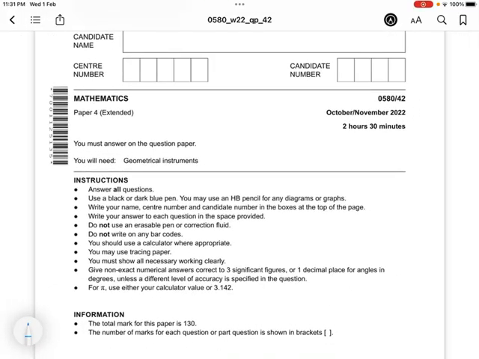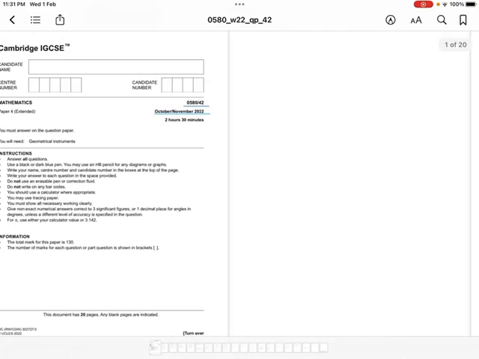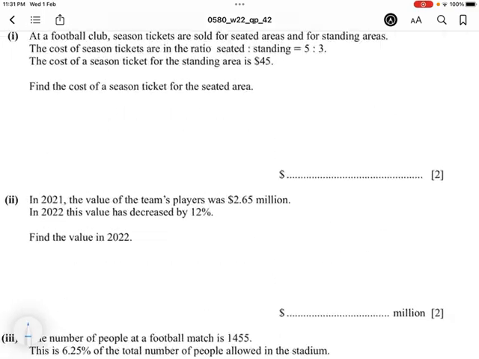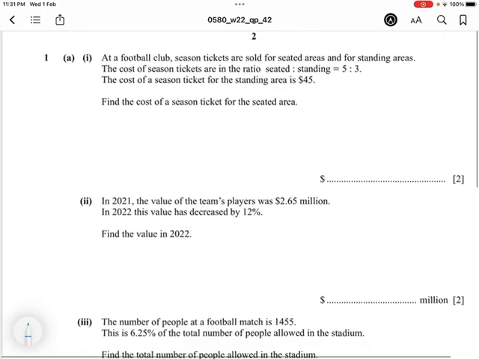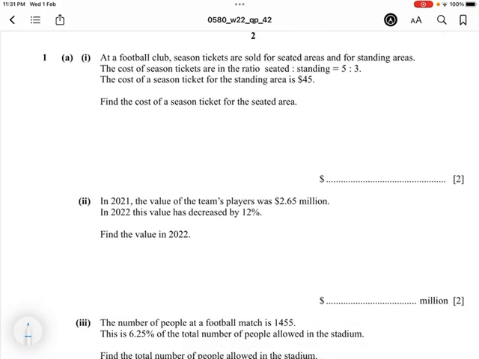Well, in this video I'll be solving 058042 October November 22 question number 1. So please pay attention. Now in this question you can see that it's an everyday math question, that at a football club season tickets